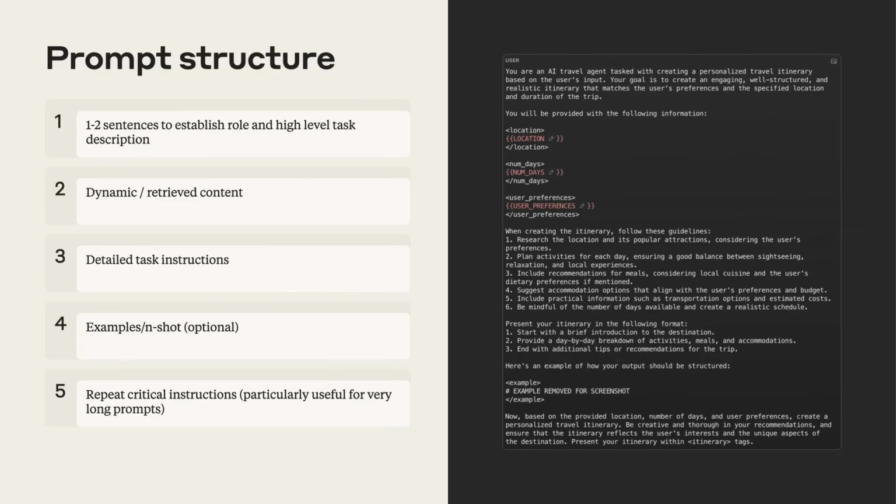We may give some examples to Claude: here's an example of some piece of content you might receive. Here's how you should respond when given that content. And at the end, we usually recommend repeating anything that's really important for Claude to understand about this task, reviewing the information with Claude, emphasizing things that are extra critical, and then telling Claude, OK, go ahead